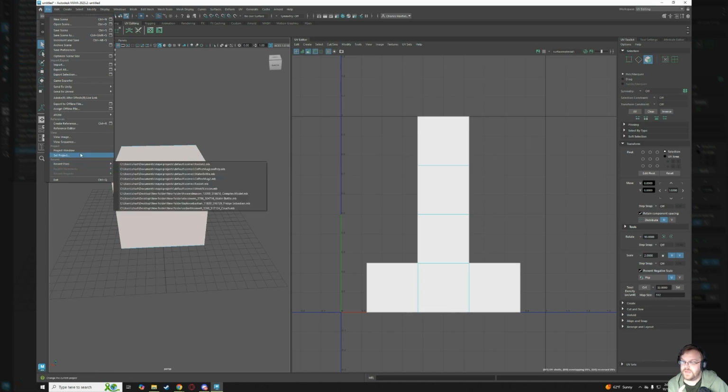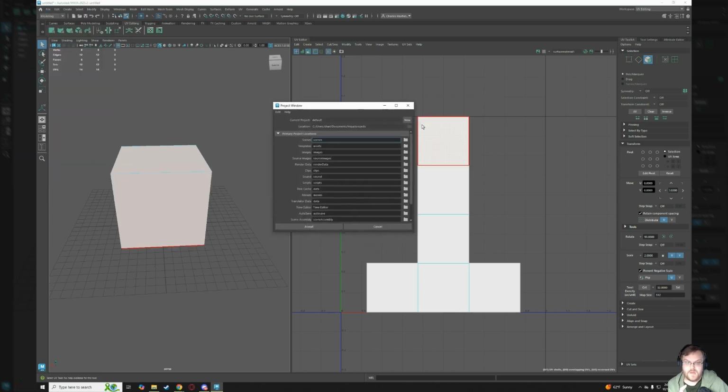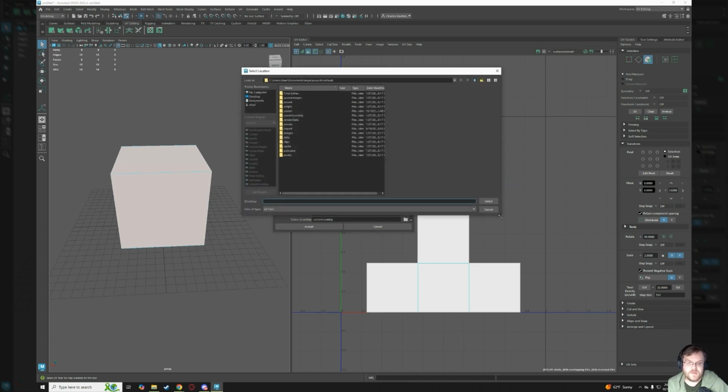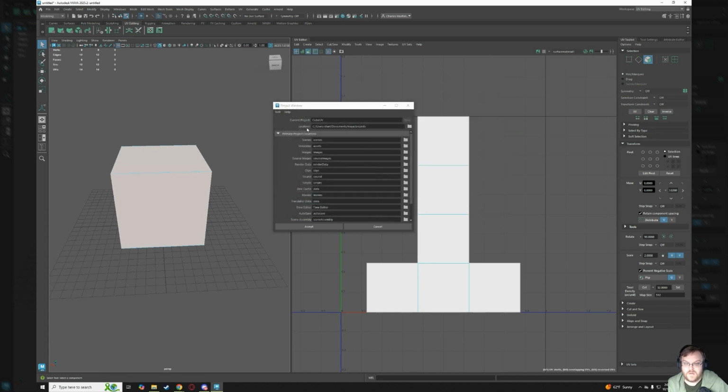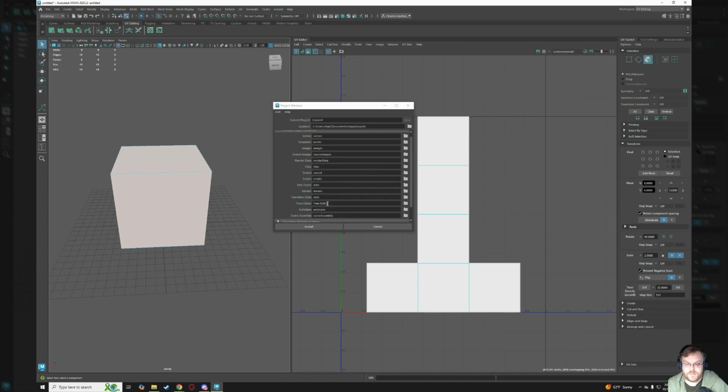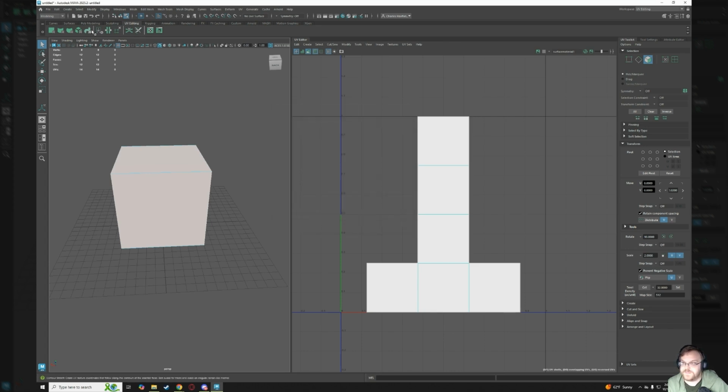We're going to go to File, down to Project Window, and now we have this window up here. We are going to make a new project. We're going to call this Cube UV as just a placeholder. And then this is going to give us our location. I'm going to leave it where it is in projects, but if you have a specific location on your computer that you like to save these, click on this folder, navigate to it, and select it. All of these different things are the names of the folders it's going to create. So if we click Accept, and then we go to Save this scene,